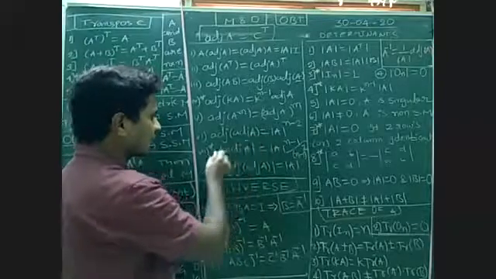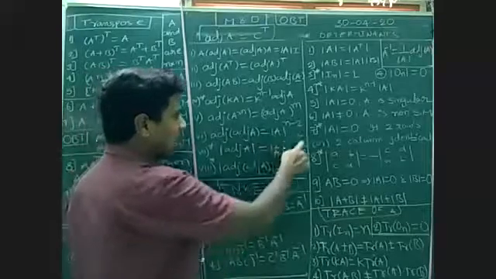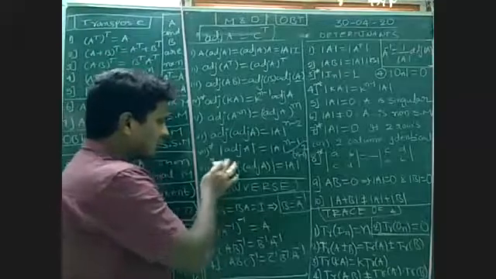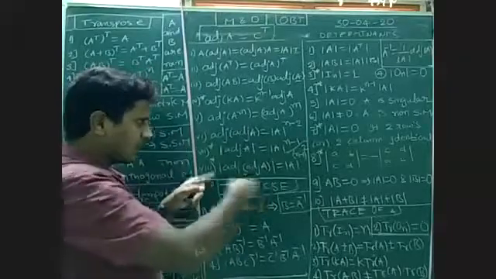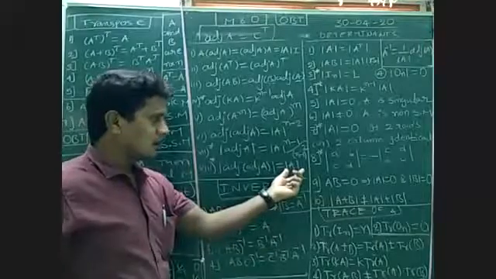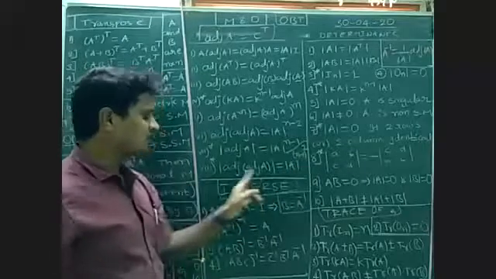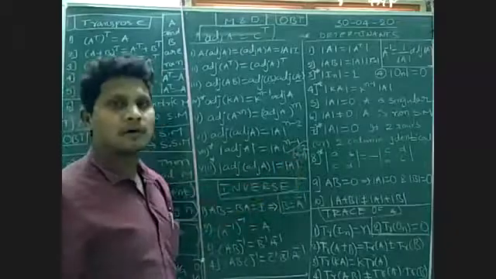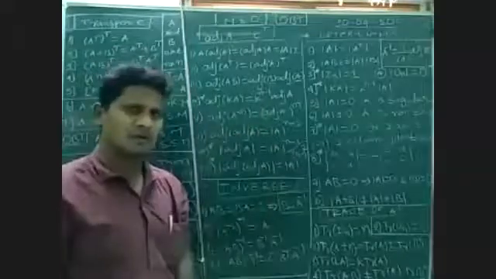Same formula, we can use this formula only, but here adjoint of A becomes 2 times, so that n minus 1 whole square. If it is adjoint of adjoint of adjoint, 3 times, the determinant of adjoint 3 times, what is the formula? Det A to the n minus 1 whole cube. If it is 10 times, det of adjoint 10 times, n minus 1 whole power 10. Okay, remember this. These are the main adjoint of A properties.